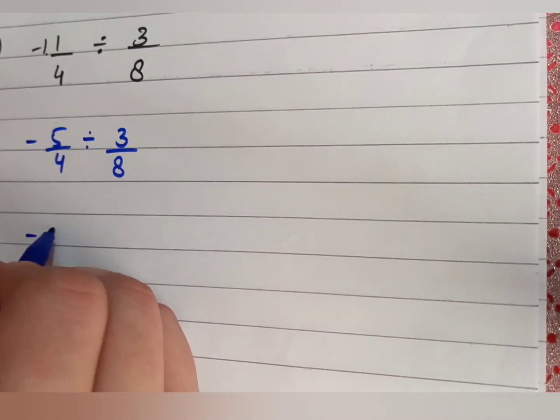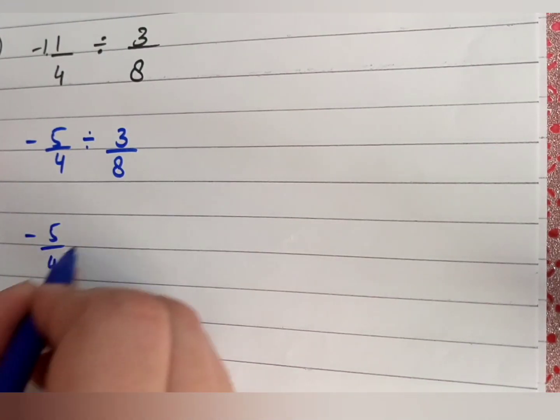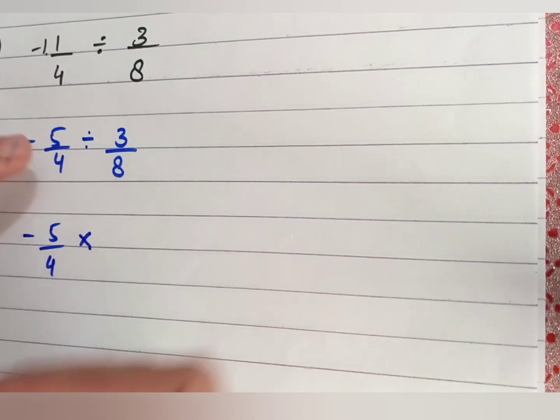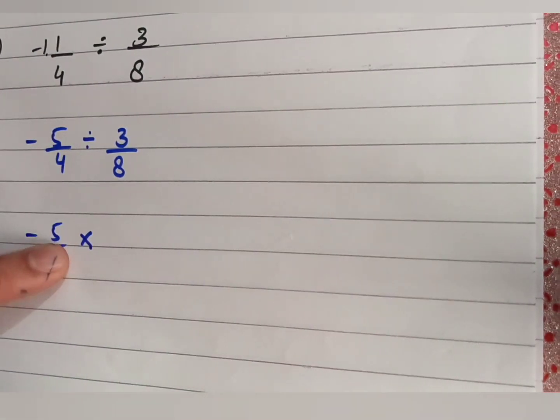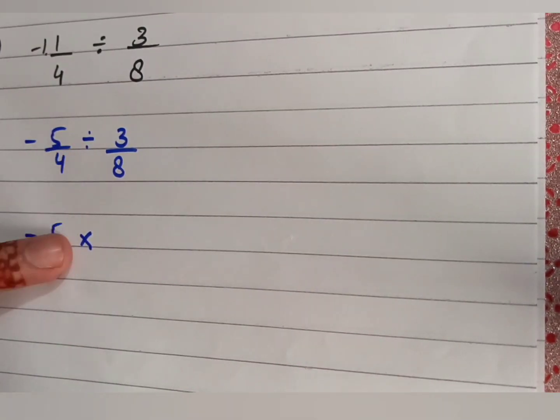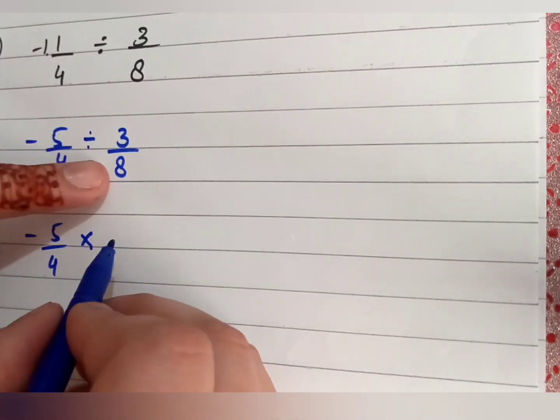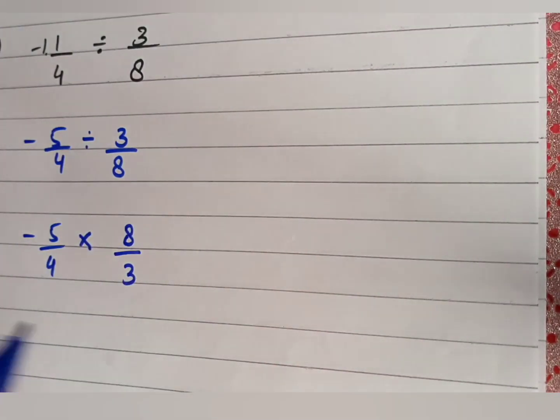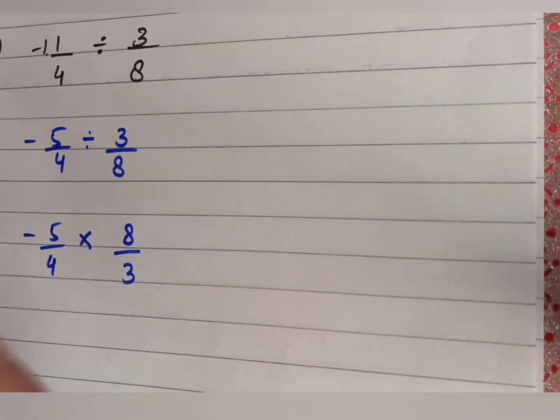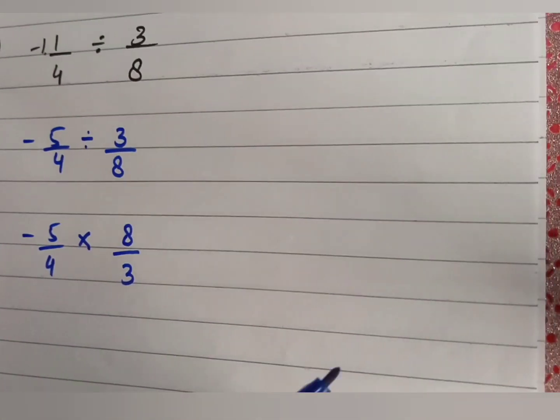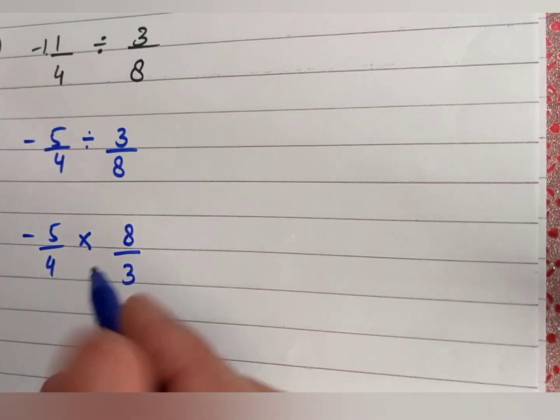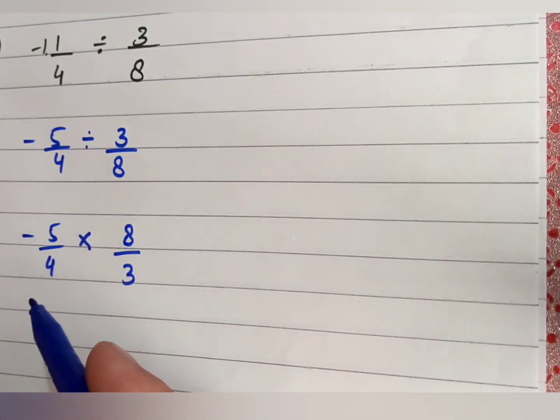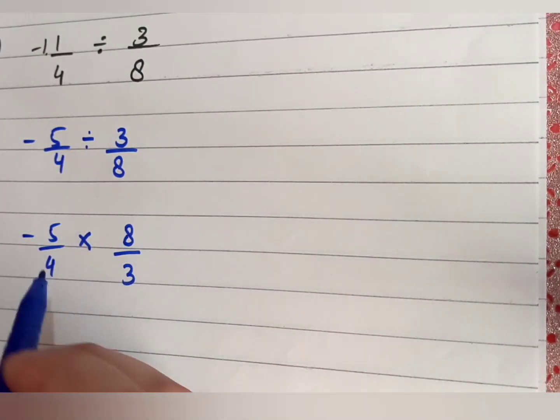So this division sign will be converted into multiplication. I just change this division into multiplication, and whenever the division sign changes into multiplication, the next term will become the reciprocal. So we write this term 8 by reciprocal, which means that you have to invert your term. Your term will go upside down. Then do the cross cutting. Cross cutting, you can also do the up and down cutting. So cross cutting is possible for this term.